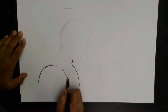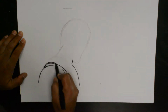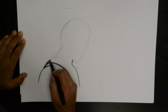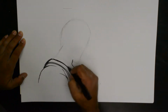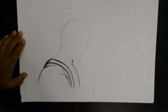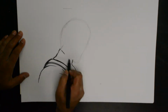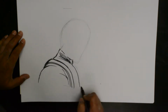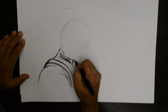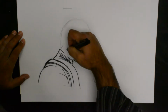So around those lines, I'm just putting in key details of Fury's very generic but very recognizable costume, in the sense that he had all these straps going through. You know that he's the director of an agency, and you know all that. So there is that fabric just folded around. Just come back there,